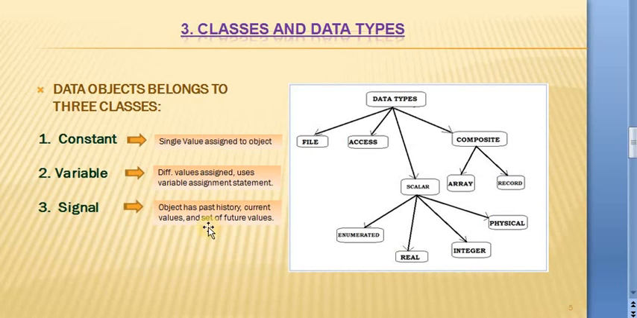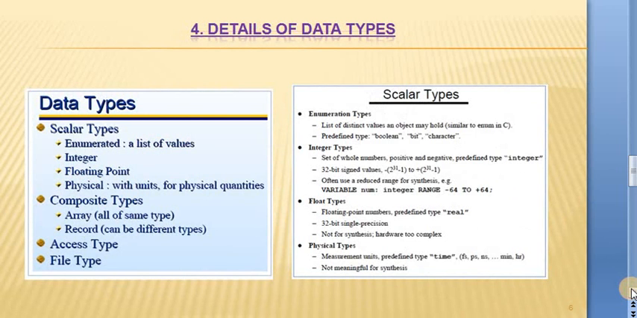Now let's study the various data types. The data types are further of 4 types, that is file, access, scalar, and composite. The scalar type is further categorized into 4, that is physical, integer, real, and enumerated. The composite is of 2 types, that is arrays and record. So let's study these in more detail now. As you see on the slide,